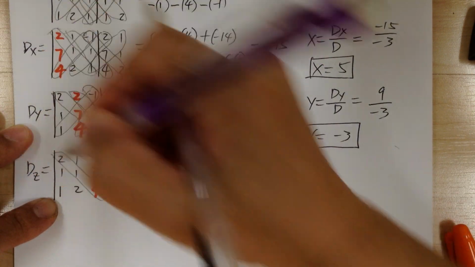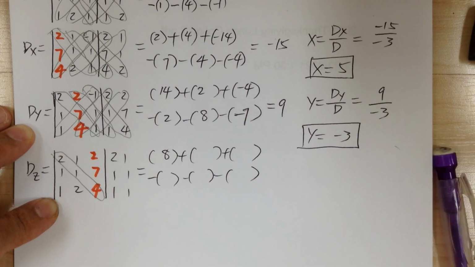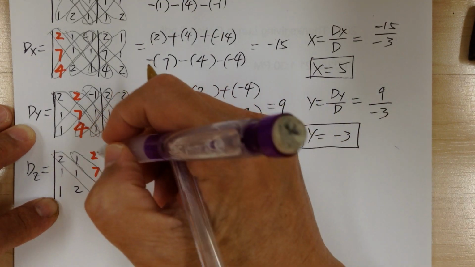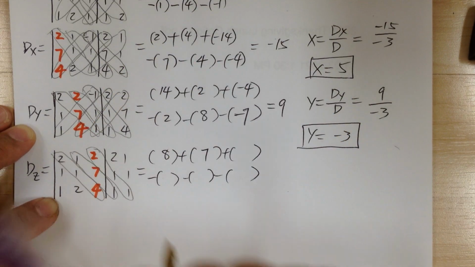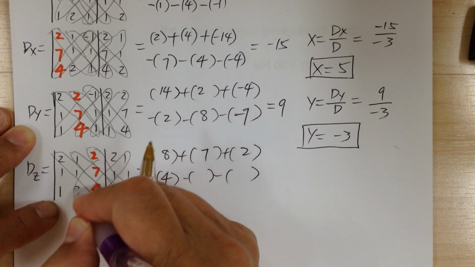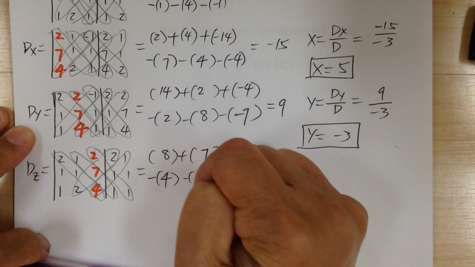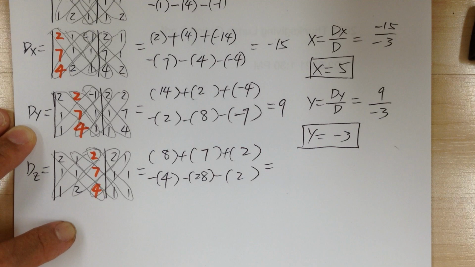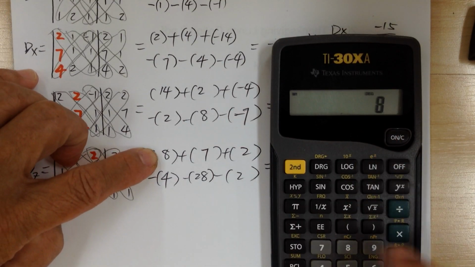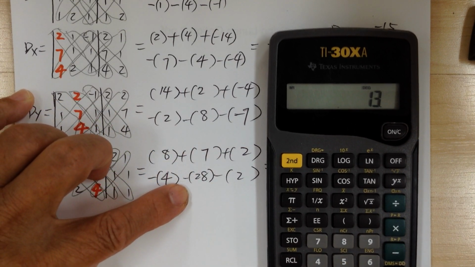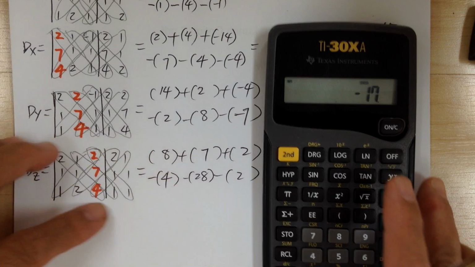So this diagonal is 8. The next diagonal is 7. And the next diagonal, again, you're multiplying, okay? Not adding, multiplying. Okay, now I'm going to do the opposite direction, so this would be a 4. This would be 28, and this would be a 2. Okay, so get the calculator, let's work it out. So 8 plus 7 plus 2 minus 4 minus 28 minus 2 equals,